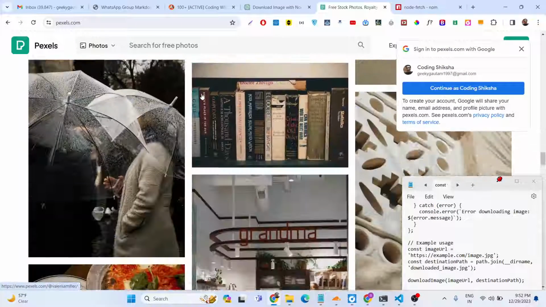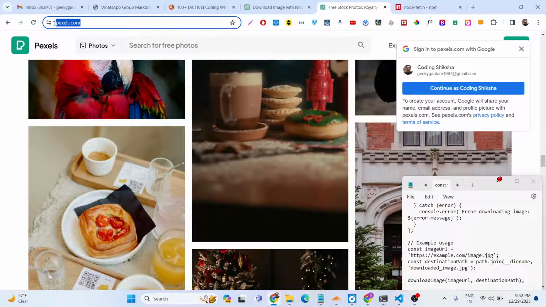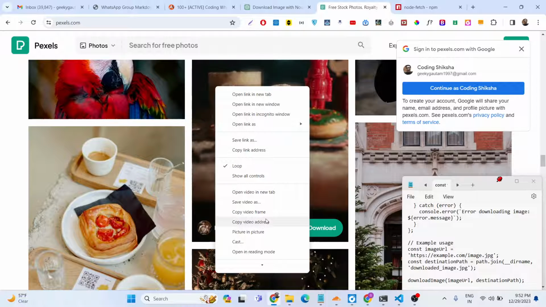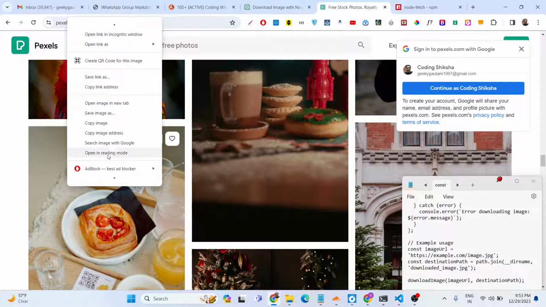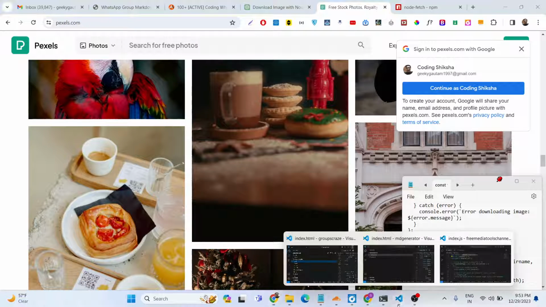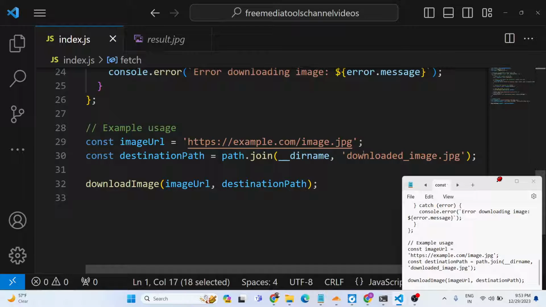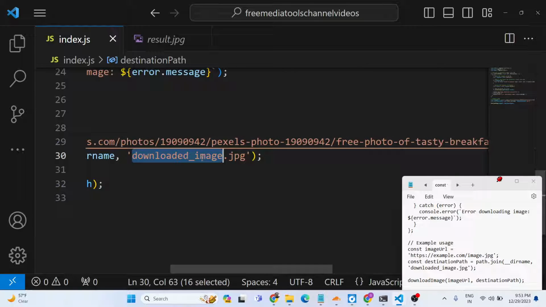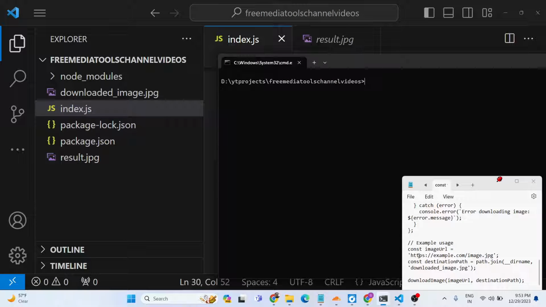So we have this Pexels website here. You can copy the image address. Let's suppose I want to download this image programmatically. So this is the code that I've written, and we will write this code step by step. Just paste it and let me change the image name to apple.jpg. Now if I run this script, on the left hand side, if you see,